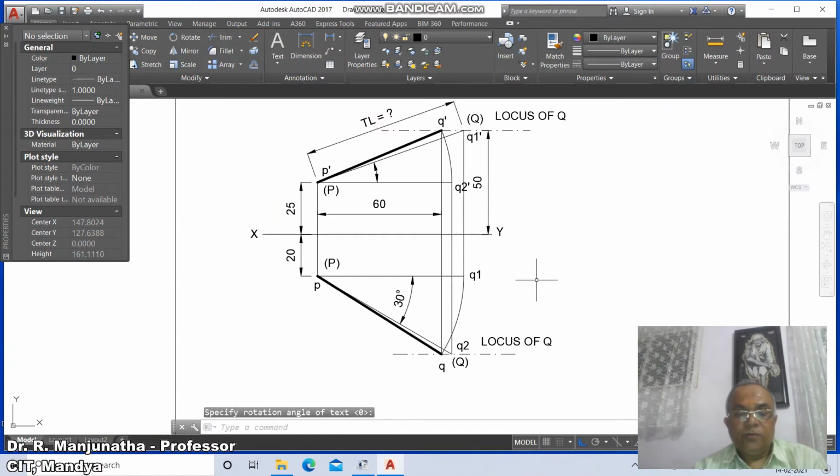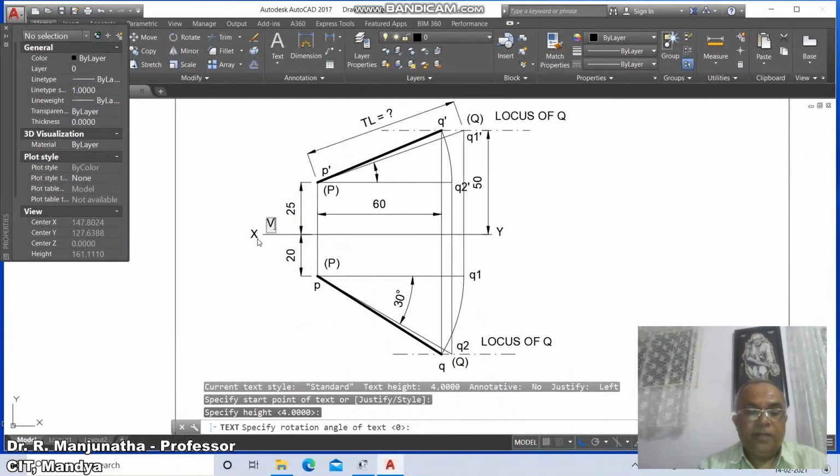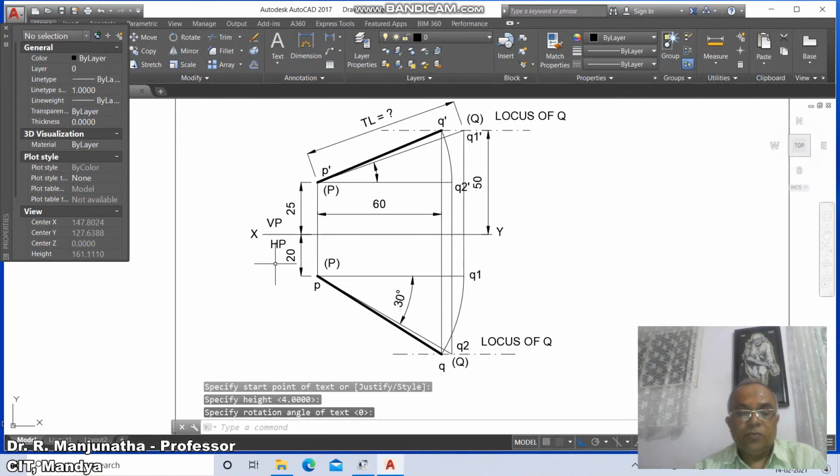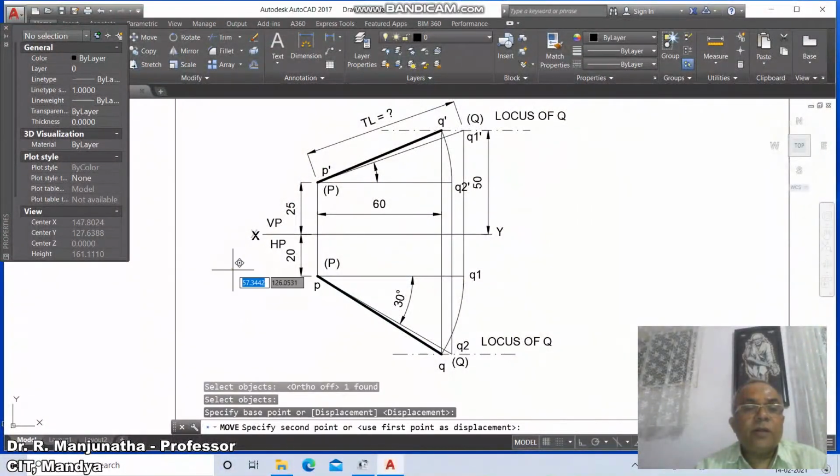enter. Now you go to D text, here you type VP and here you type HP. Then go to move, switch off the ortho mode and you move accordingly.